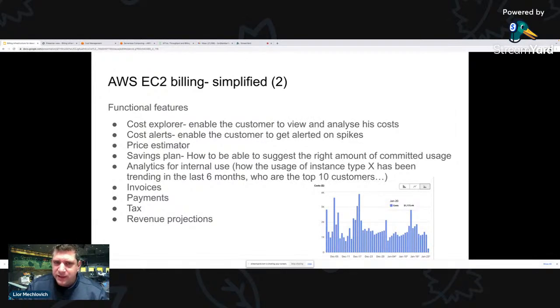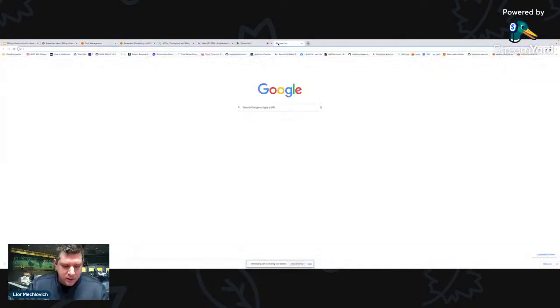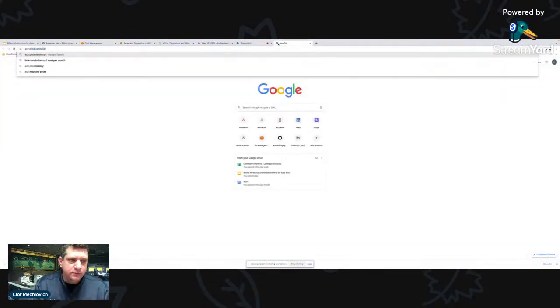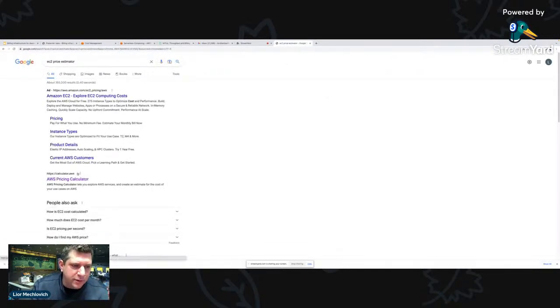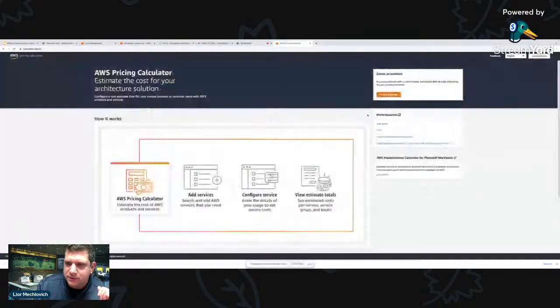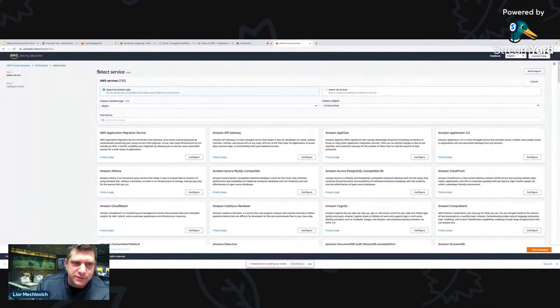Especially when it comes to something as complicated, there are price estimators, right? So we can look at all kinds of tools that help answer how much you are going to use and how much that will cost you, all kinds of estimations, all kinds of calculators, okay? All of this is needed.